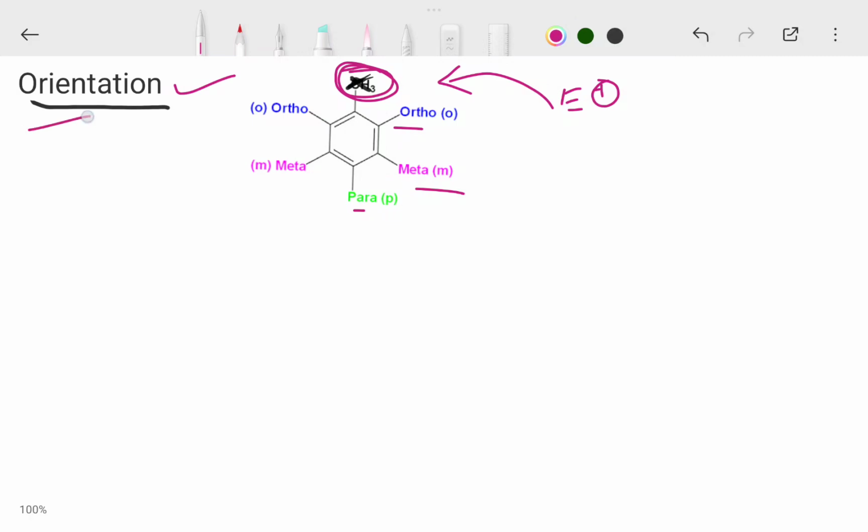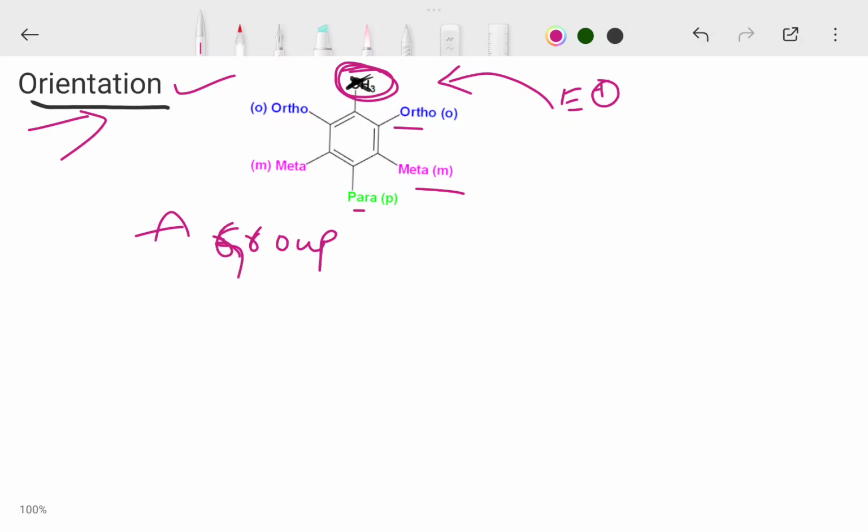A group attached to the benzene ring affects the reactivity of the ring, and it determines the orientation of further substituents. For example, a group